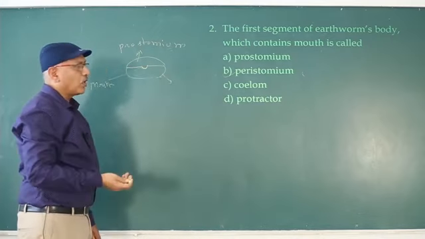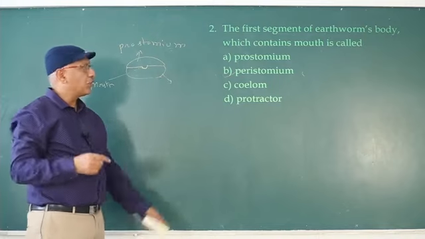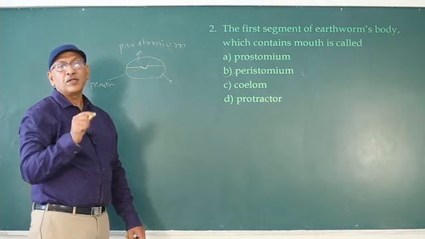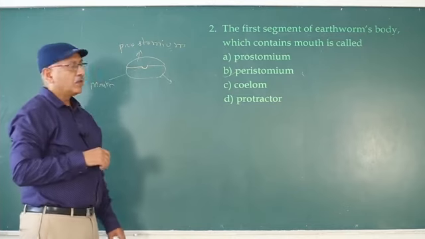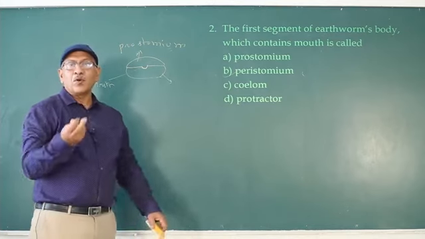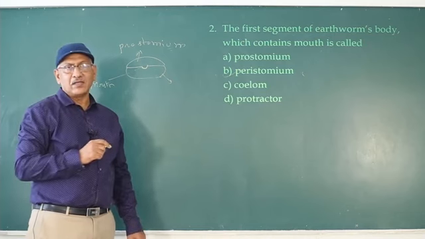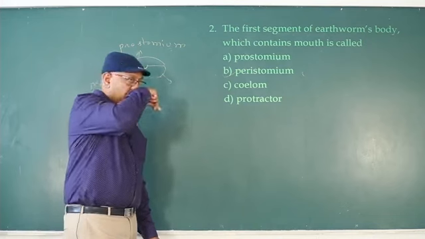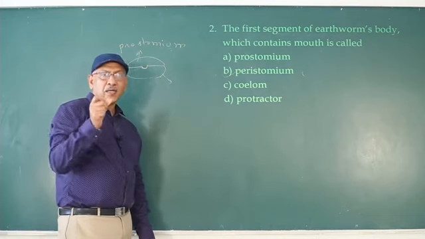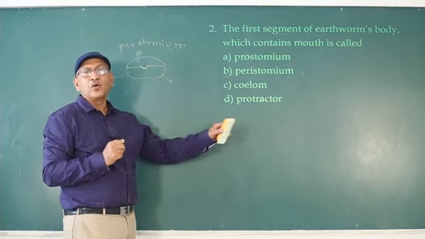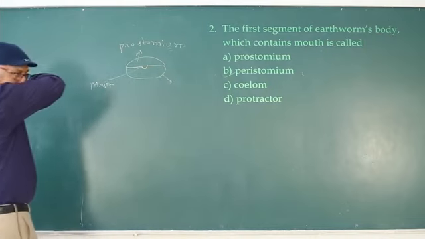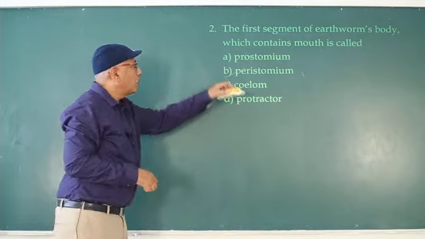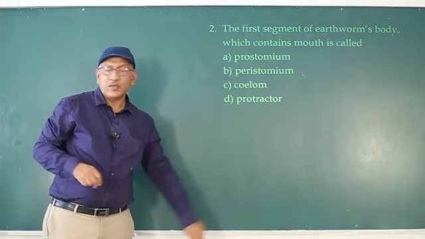What about coelom? You all know the body cavity lined by mesodermal layers is known as coelom. The coelom first evolved in Annelida. A pair of protractor muscles and one retractor muscle present in the sagittal sac help in locomotion in Annelida. So the answer is peristomium. So next question.